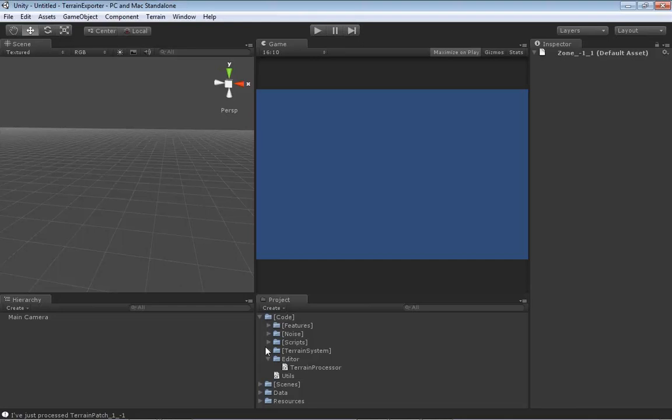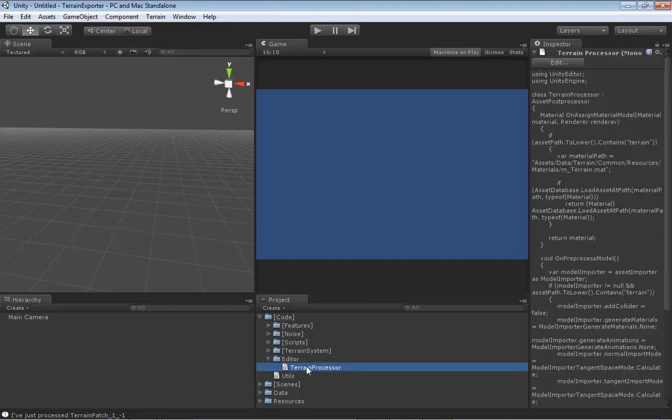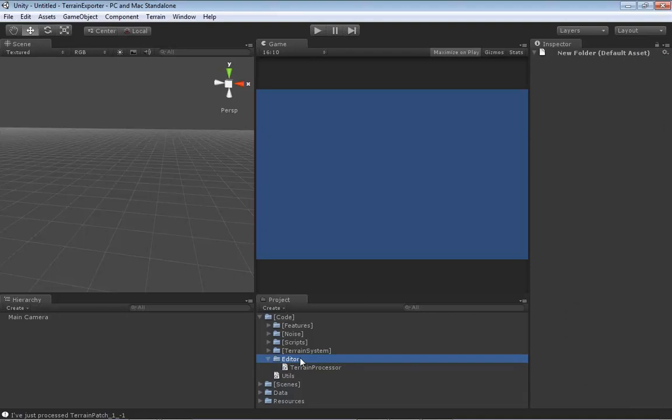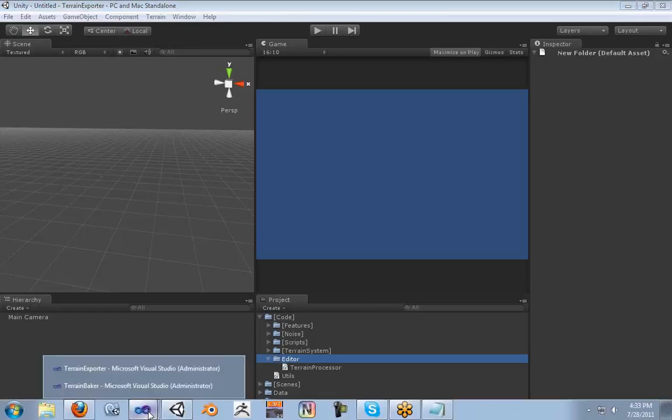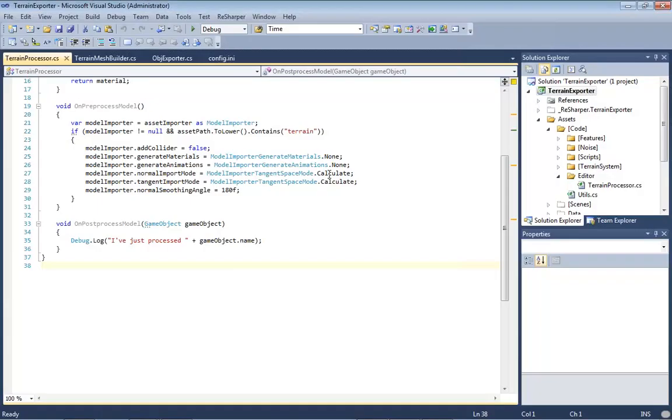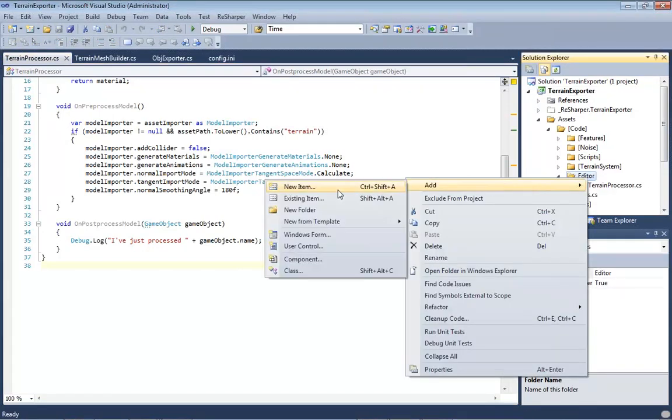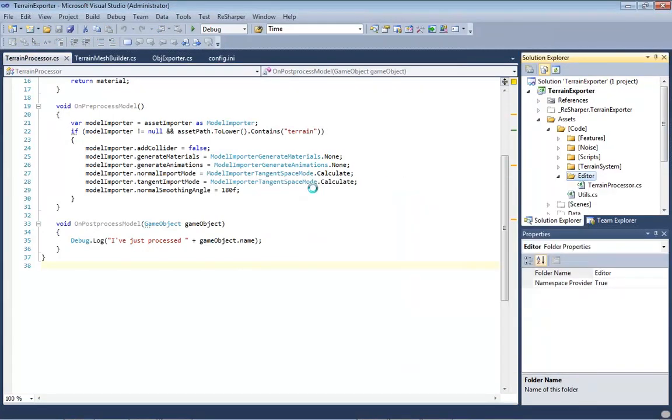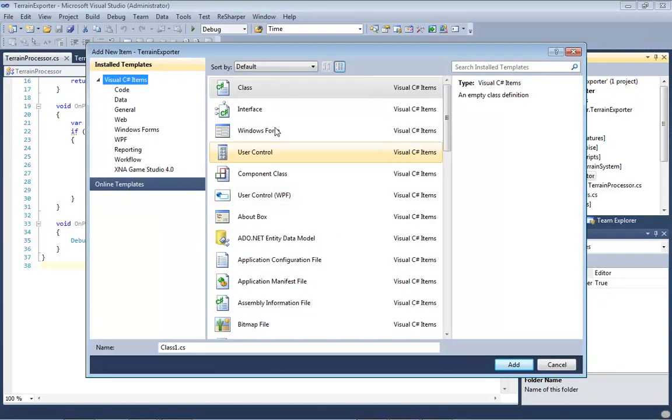Just like the train processor, since it is an editor extension, for the Unity editor to recognize it and be able to utilize it, it has to live in a folder called editor. So this is where we're going to put it. Let me jump over to Visual Studio, go into our editor folder, and add a new item. This will be a class, and we will call this class Build